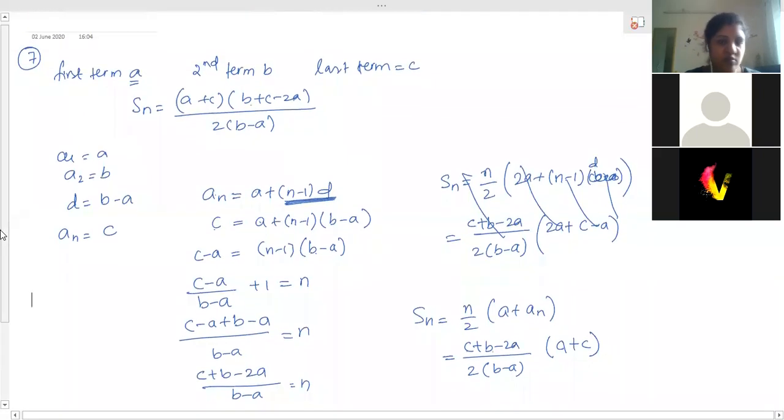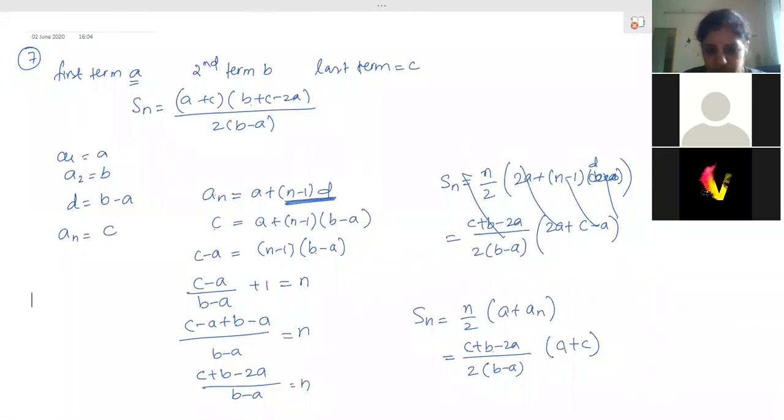And question number 1 also, no? The sum of the first 5 terms of an AP and the sum of the first 7 terms of an AP is 167. S5 and S7 is equal to 167. If the sum of the first 10 terms of an AP is 235, find the sum of its first 20 terms.